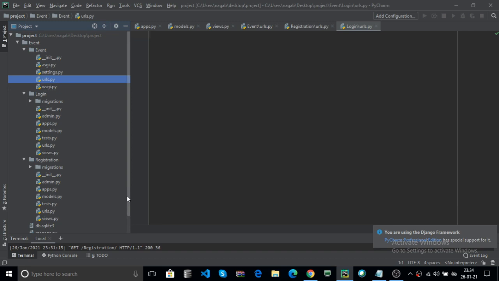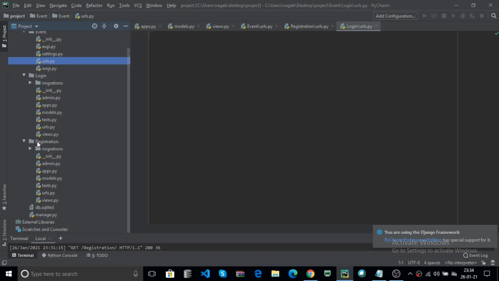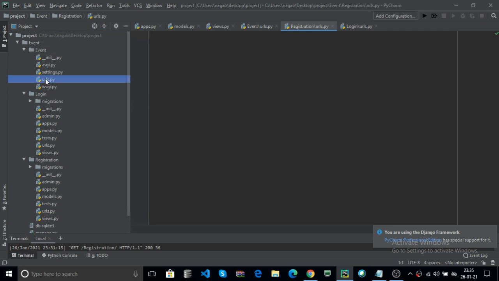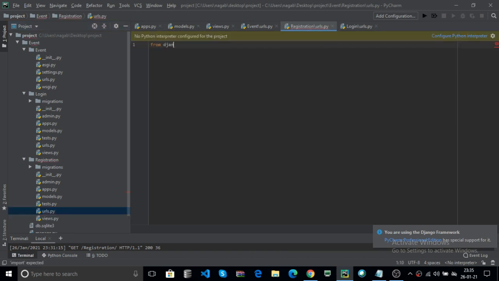Now how? Here I explain. I have already done the registration, and registration contains the urls.py. Before, we were using the main urls.py, that is the one in the event package. Here in registration you use from django.urls import path. Now create the urlpatterns; the pattern is a list.